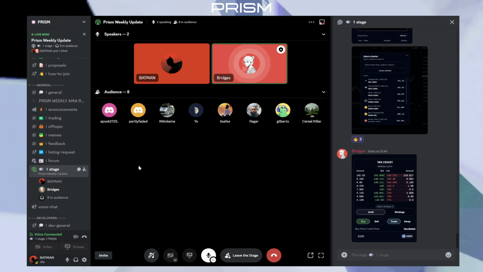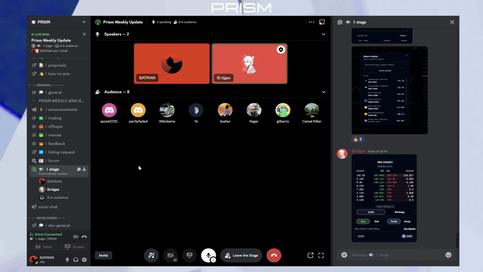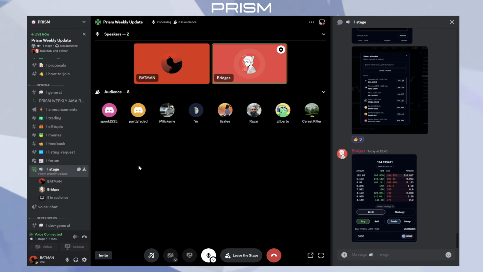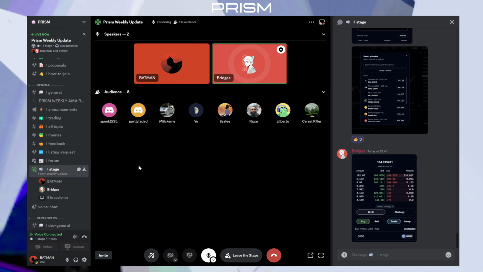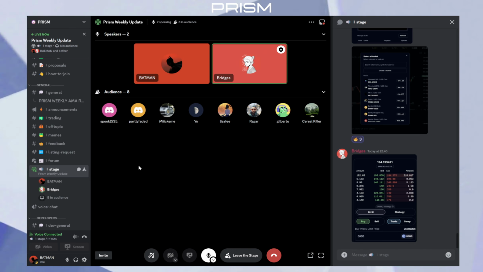Apart from that, we're implementing Open Graph image generation dynamically for Prism, which means that right now, when you share a link, let's say prism.ag/trade/v2/ the market address of Sol USDC, for example, on Twitter or Discord or any other platform, it has the same static image of Prism. And when we push the Open Graph image generation to production, it's going to have a dynamically generated image, similar to how you have it on